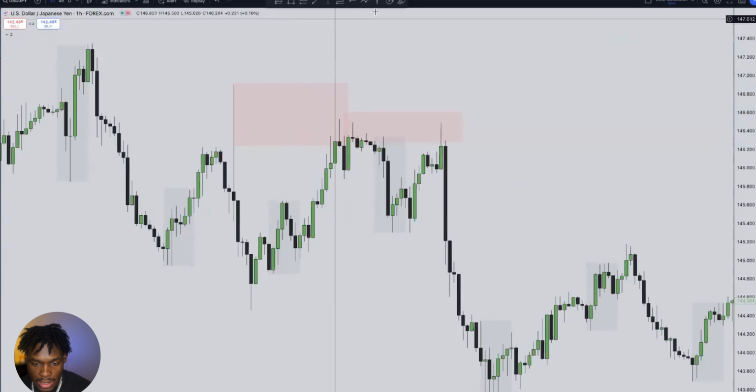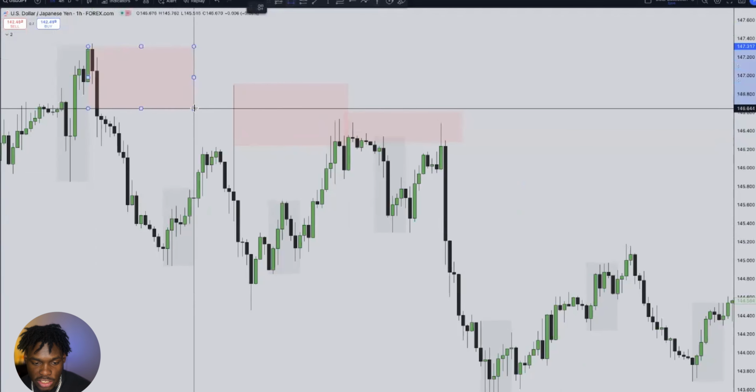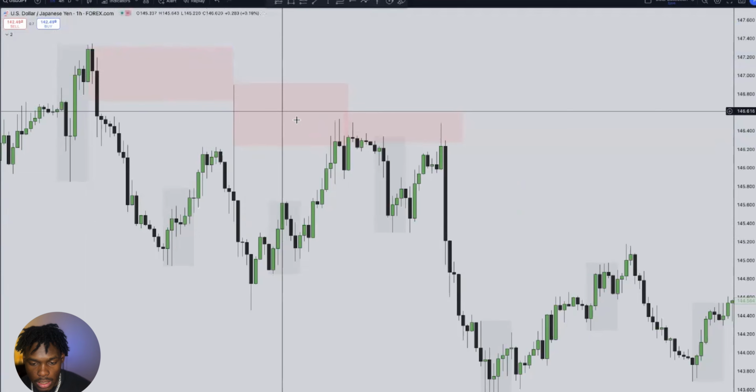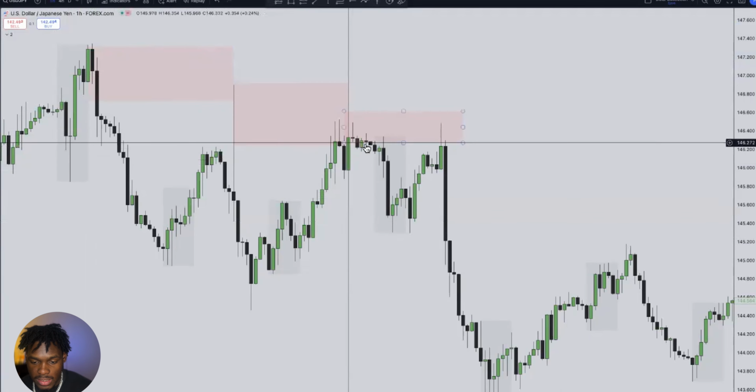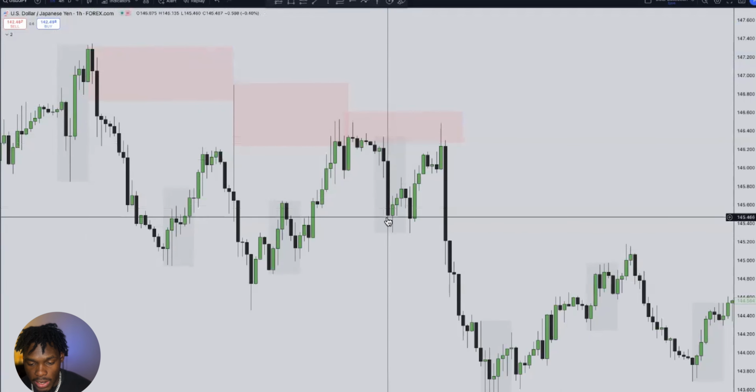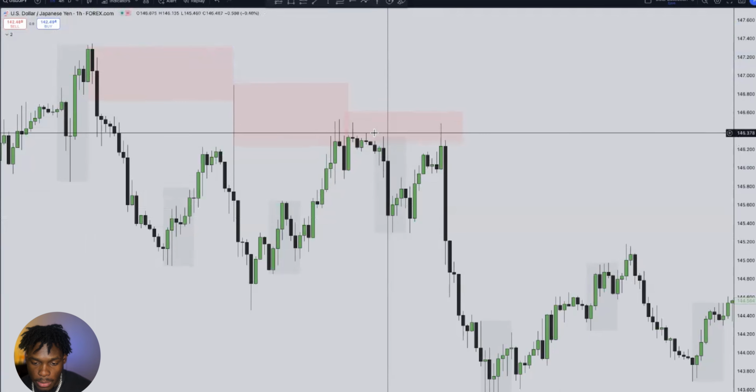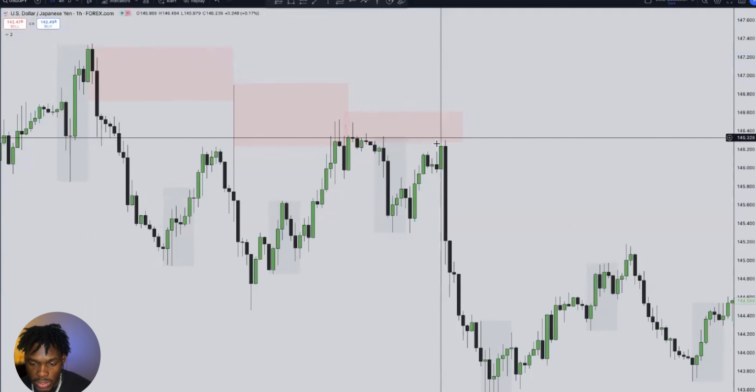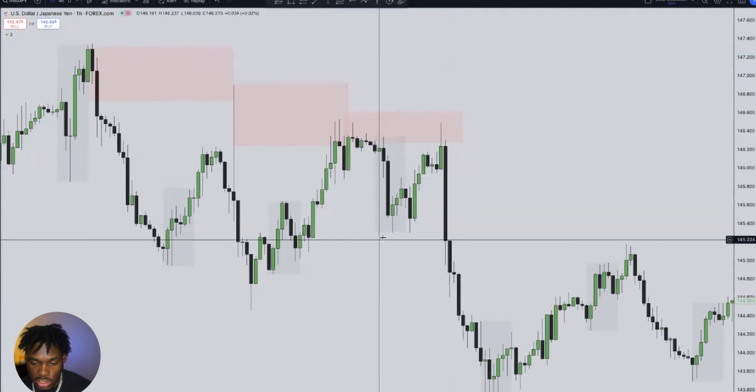It actually had another level over here. So we got a supply chain going. We're moving down this chain. This level here, we want to take a trade from, but we wait for time. We come up here, we sweep Asia highs, and then we take our entry, and then we target Asia low,